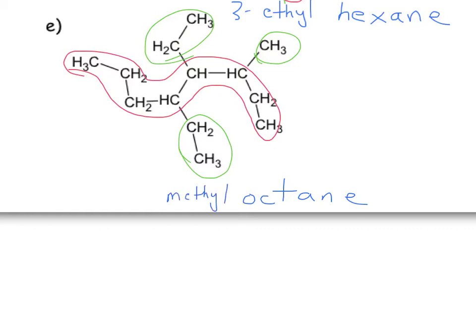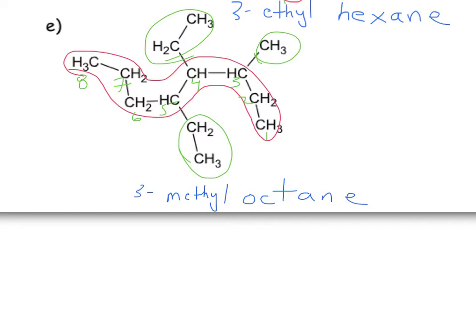I have 1 of them, and I got to work out my numbering. If I start from this end, I'm going to have 1, 2, 3, 4, 5, so groups on 3, 4, and 5. If I start from this end, 1, 2, 3, 4, it's going to be 4, 5, and 6. I have to start numbering from that carbon. So my methyl group is going to be on carbon 3,